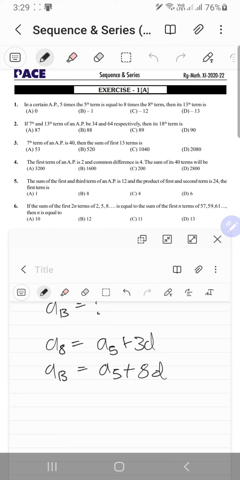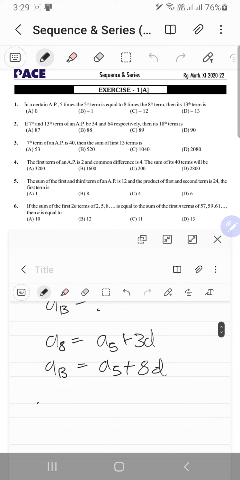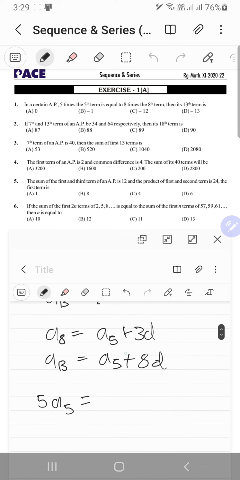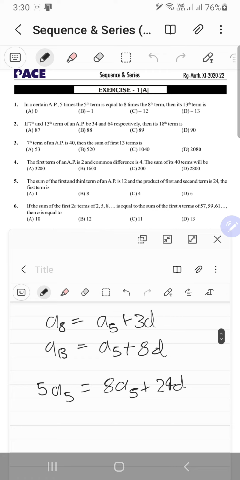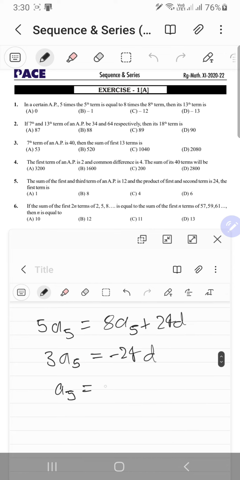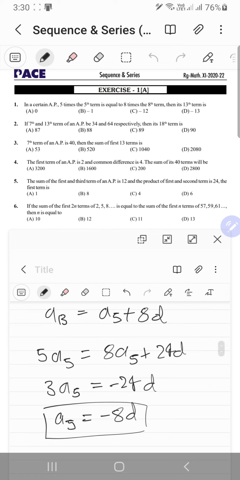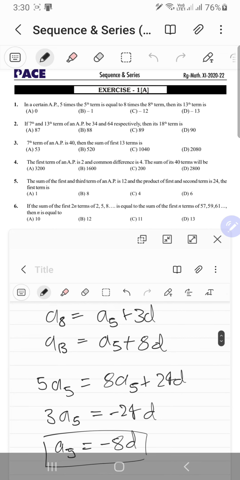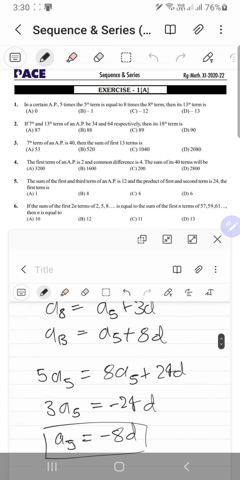Yes, okay, now just put that into this, so it's going to be 5 times A5 equal to 8 times A8, but A8 is this thing, so it's just 8A5 plus 24D. Cool. So from that you have 3A5 equal to negative 24D. Negative what? Negative 8D. Alright. So you can figure out what A8 and A13 must be. Well, yeah. Then its 13th term is